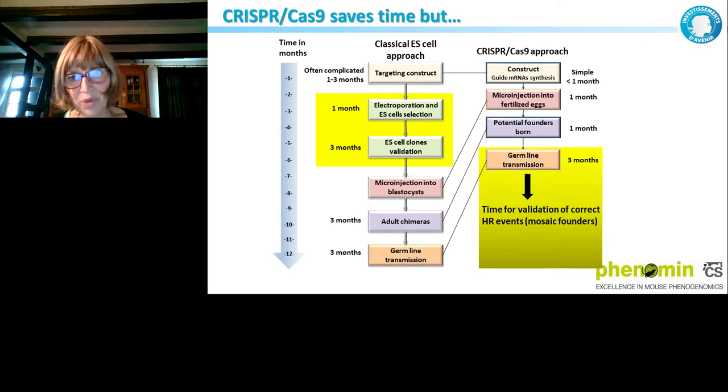Whereas when you use CRISPR, you can go fast, you will obtain very quickly a founder, even germline, but after, remember my little elephants, you still need to really validate that everything is perfectly fine. I think it's really important to keep in mind that even if CRISPR looks really simple, everybody wants it to be really simple. It is simple, it is great, wonderful, but you really need to validate carefully the lines that you are generating in order to make sure that you are not following something that is an artifact.